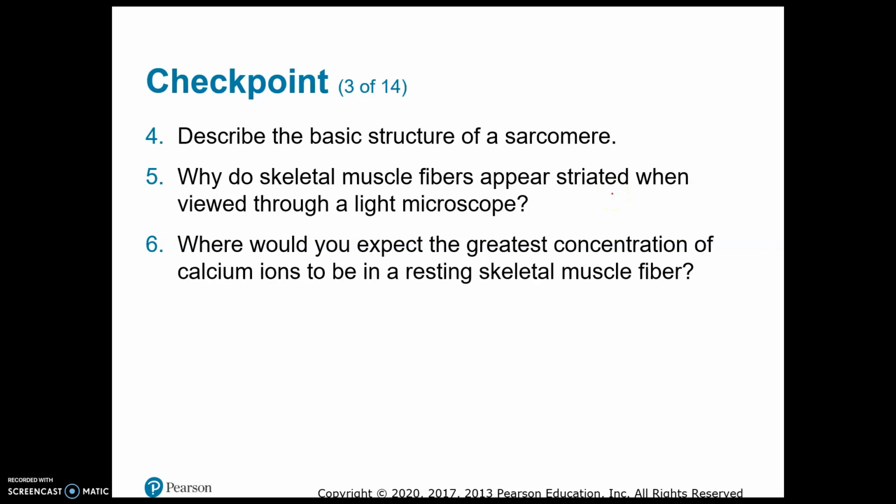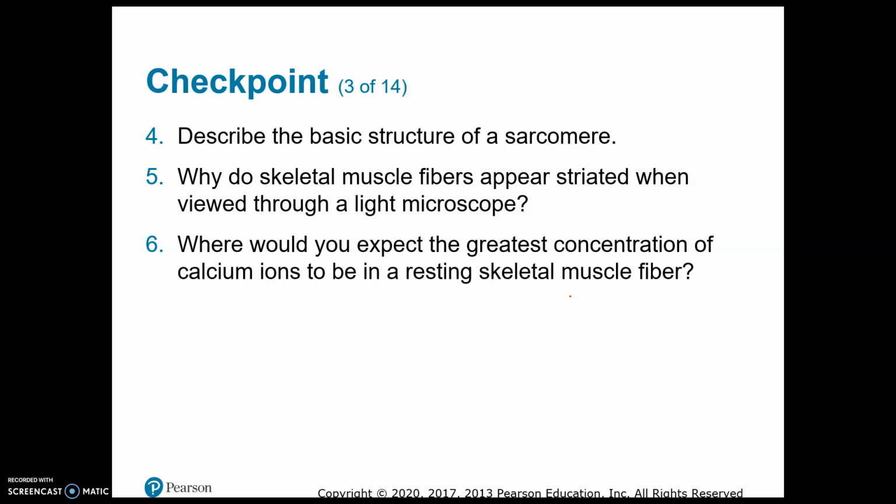Because they're composed of alternating light and dark bands. And where would you expect the greatest concentration of calcium ions to be in a resting skeletal muscle fiber? And that answer is in the sarcoplasmic reticulum,